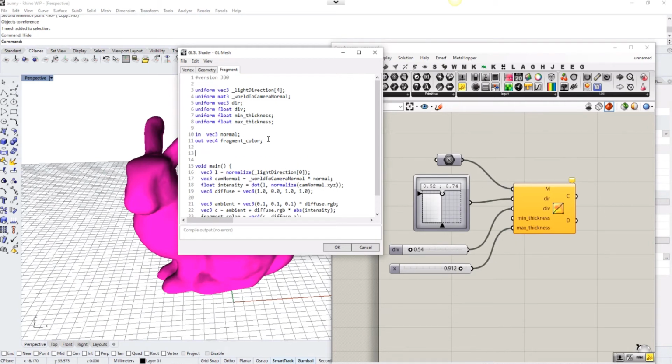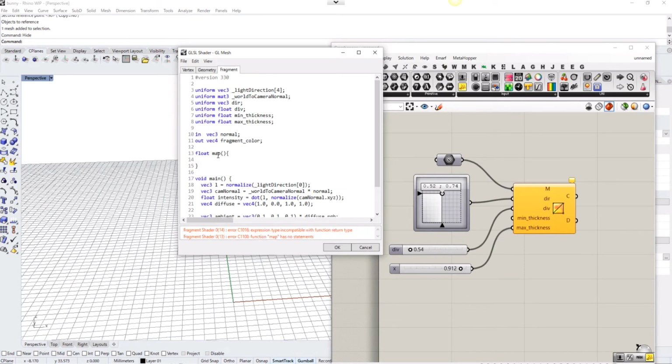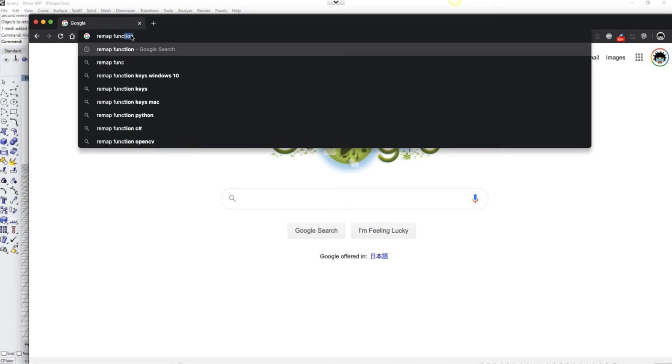Okay, let me just write some additional function except for the main, called map, in order to remap some numbers from range to range, because it's pretty handy. You can just go to Google and search for some remap function that you can use in basically any language. So let's search for remap function,